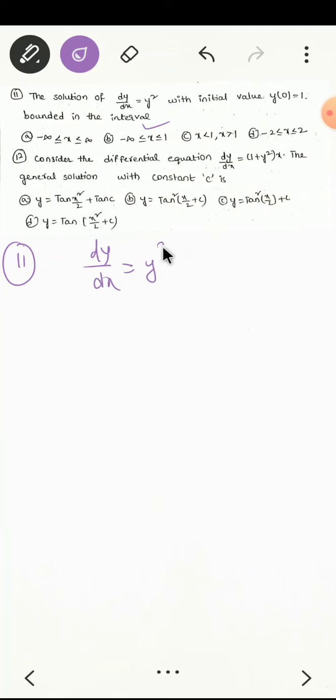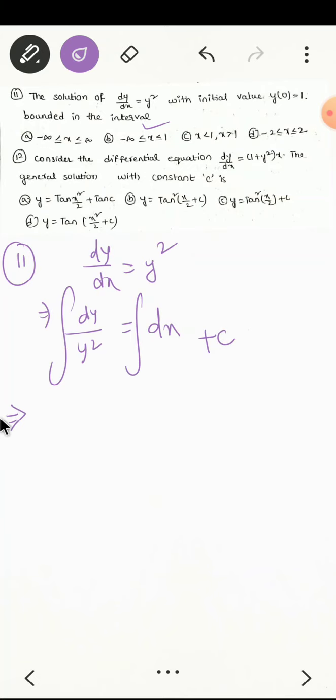dy by dx is equal to y square. So what can I write? dy by y square, so y terms on one side is equal to dx, x terms on the other side. Apply integration plus c, same procedure. Now you people will be saying this directly, no? Minus 1 by y I can write. You can just do it by using y raised to the power minus 2 plus 1 by minus 2 plus 1. So this is x plus c.